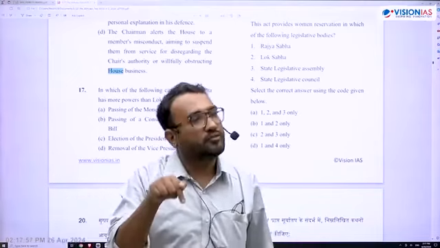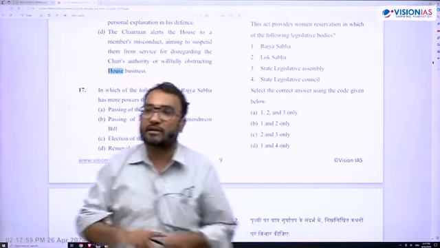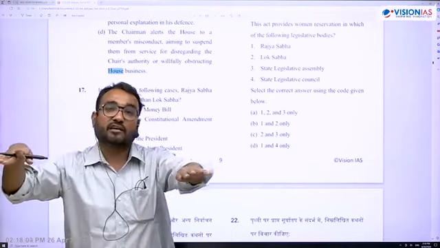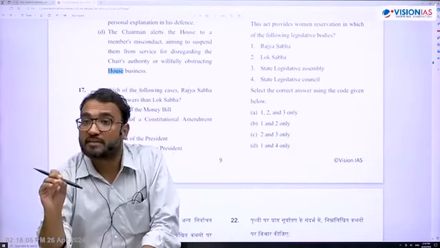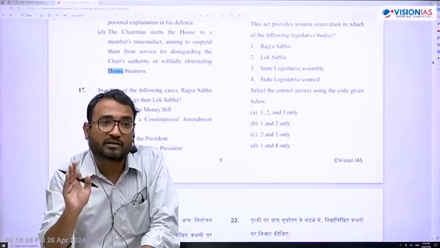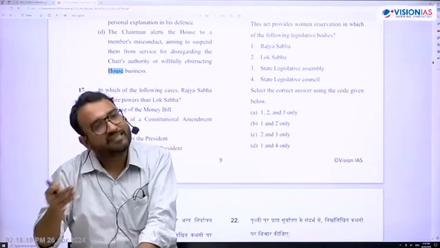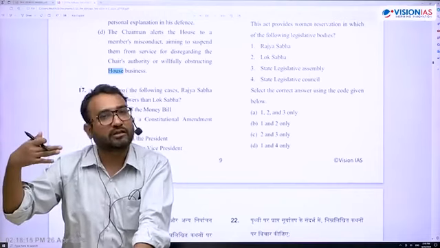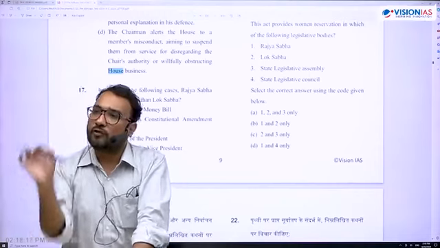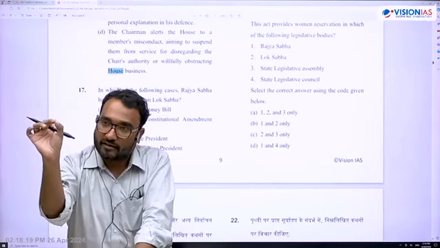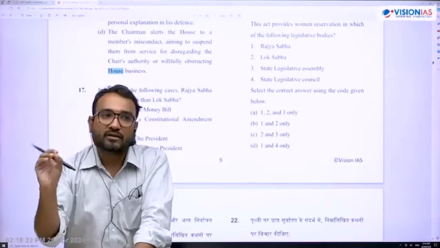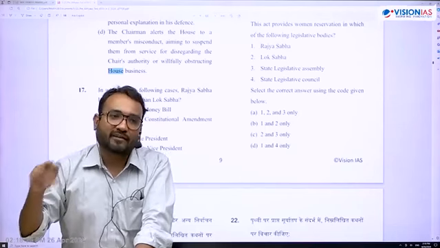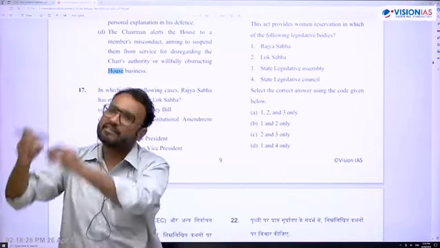What is effective majority? Whatever is the total membership of the House. If the full strength of the House is 100, minus vacancy. Vacancy doesn't mean those people have not come on that day. Vacancy means that these many seats are empty. These seats are vacant because of death, resignation, disqualification, election set aside, any reason. For example, the total strength of the House is 100. 10 seats are vacant due to death. So the effective strength would be 90. Majority of 90 is called the effective majority, irrespective of who came on that day.